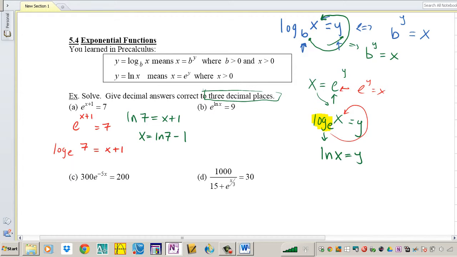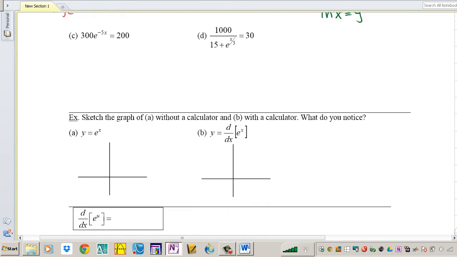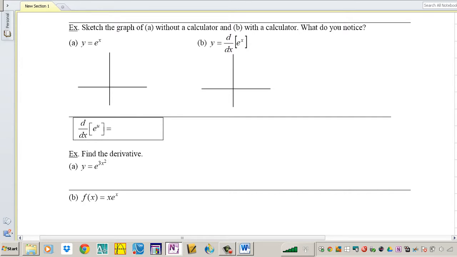Now we're not going to go through the other problems because you don't need such a strong skill to solve exponential equations, though it is going to be on the AP exam. But the lesson today is the derivatives of exponential equations. So sketch the graph of A without a calculator and B with a calculator. What do you notice? We all know that e to the x, really any number to the x,